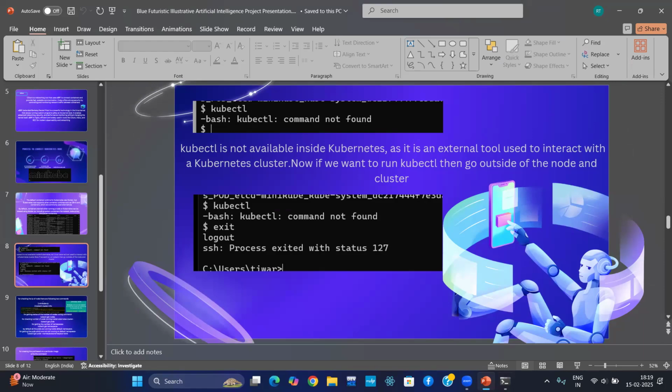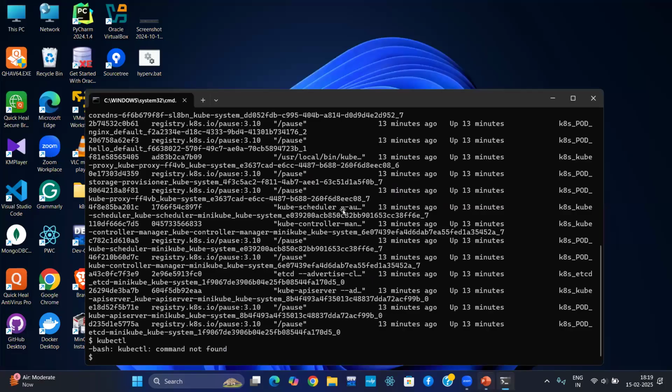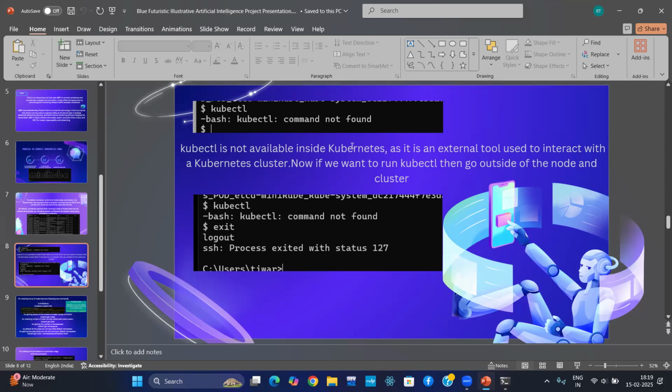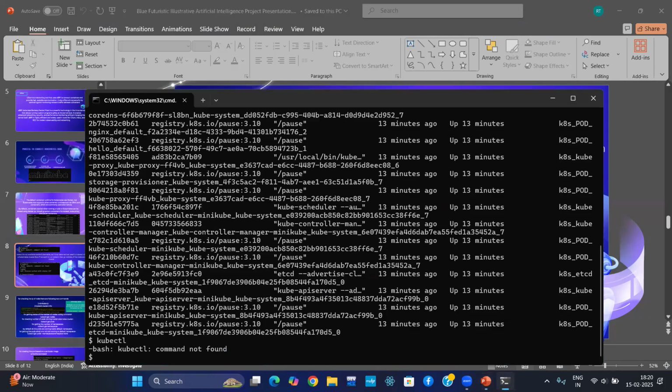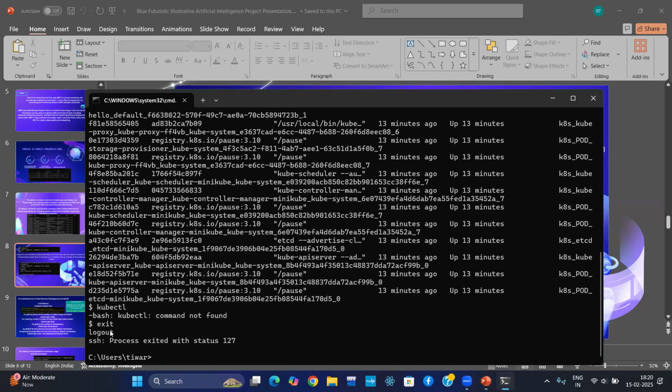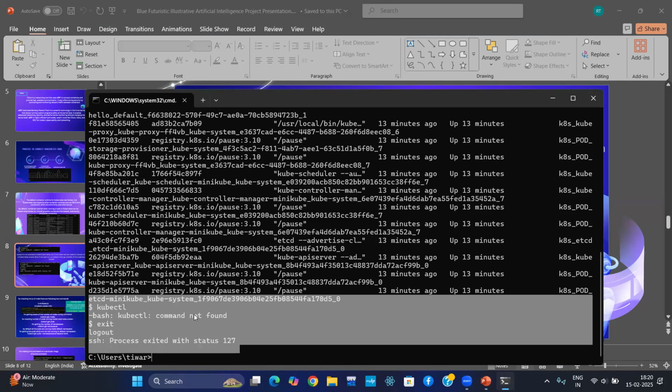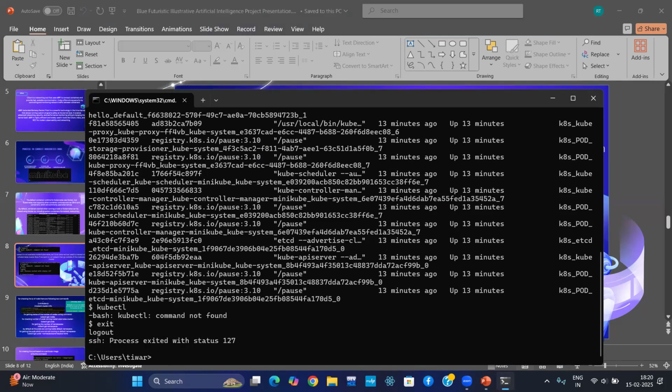So firstly, you have to exit. Here kubectl is not available inside the Kubernetes node. It is the external tool used to interact with the Kubernetes cluster. Now, if you want to run kubectl, go outside of the node and the cluster. Just write exit from here, and you are logged out, so you are not inside the cluster. And this time, if you write kubectl,